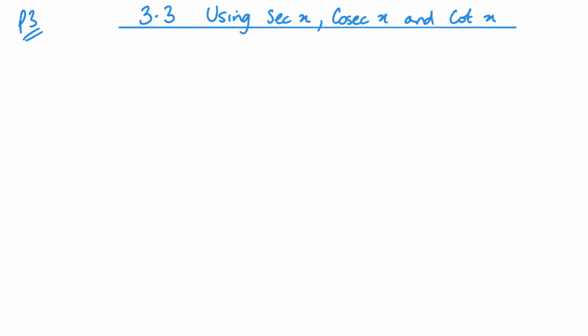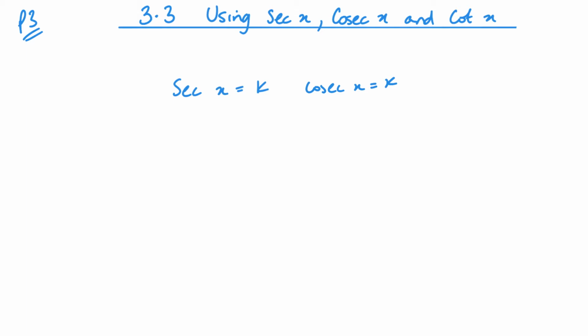Welcome back to P3. Today we're looking at Unit 3.3 using Secx, Cosec and Cotx. With these you need to be able to simplify expressions, prove identities and solve equations involving all three. It should also be worth noting that with Secx and Cosec,